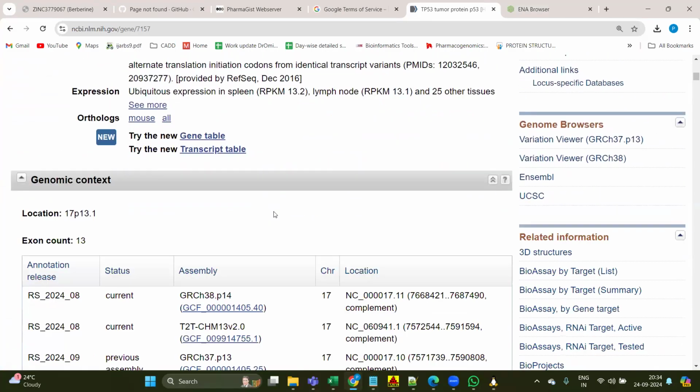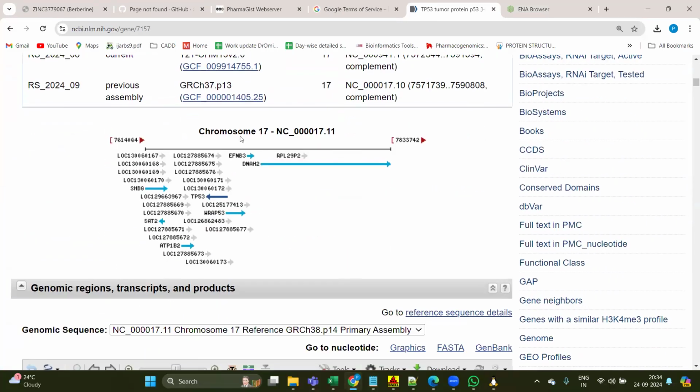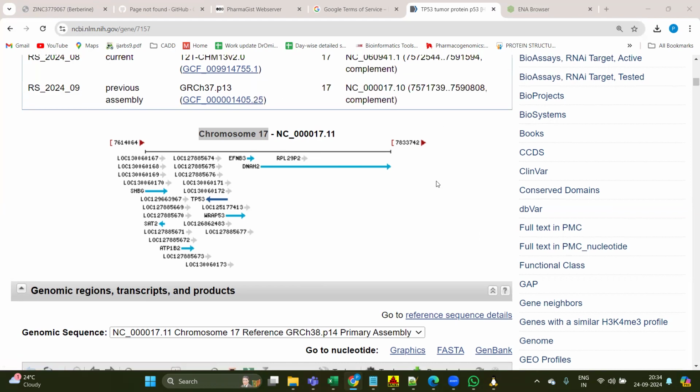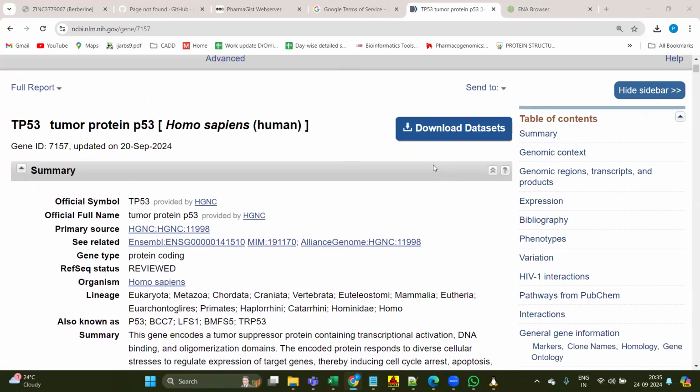If you see here, the chromosomal location we are having is CHR17. So we are going to download this chromosome number 17 as a reference genome. You can use NCBI also to download this chromosome number 17, or else